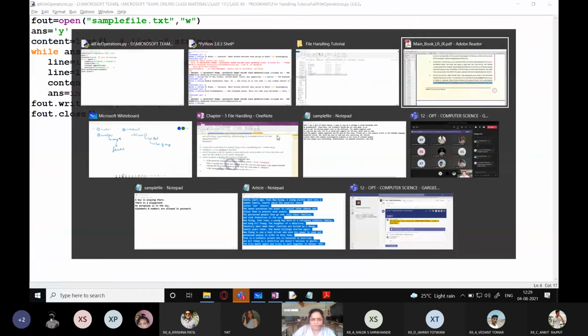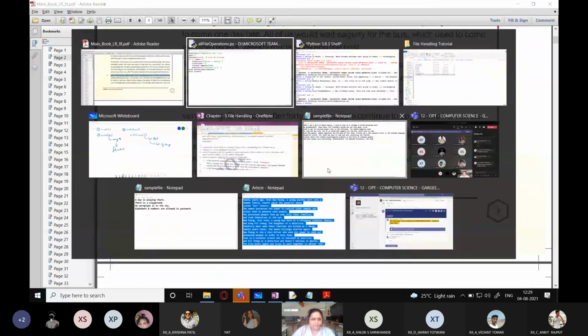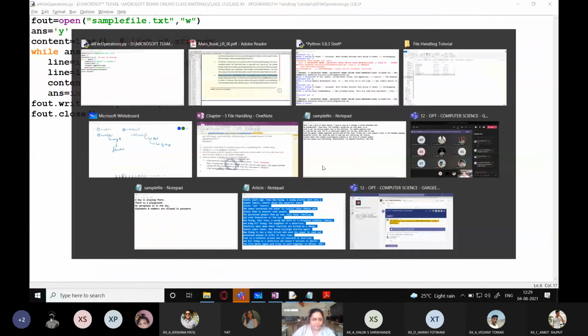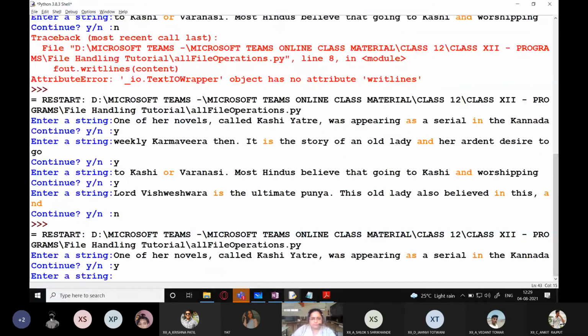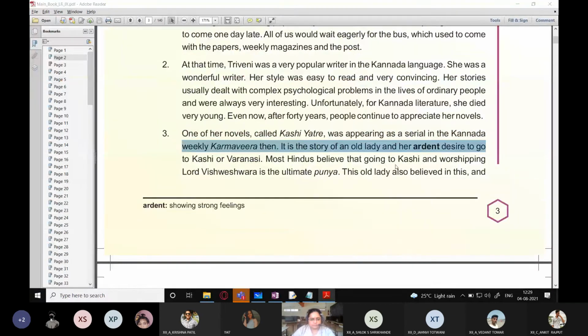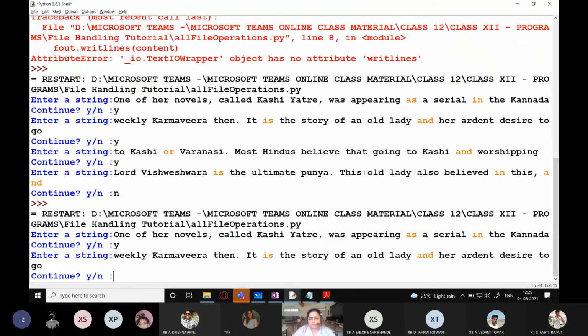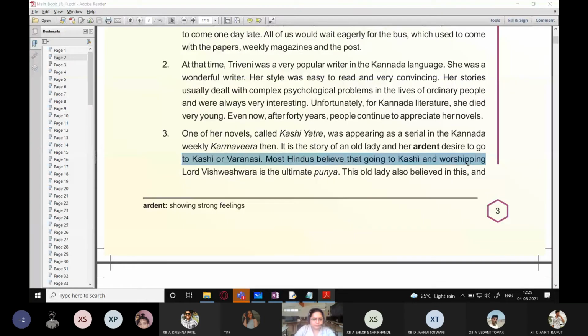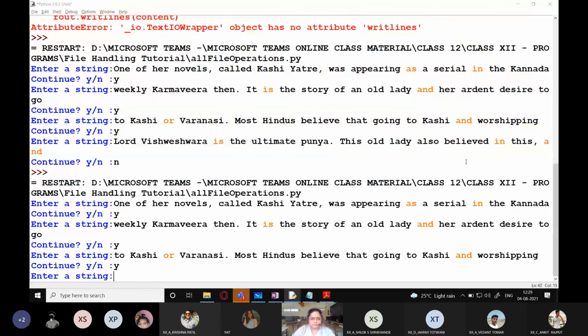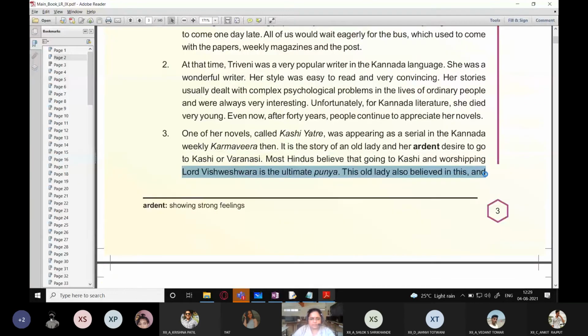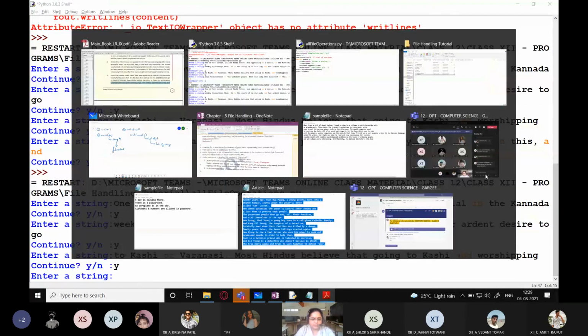This will take a while because we are working on file handling, students. This is the second line, your third line, and the fourth line.